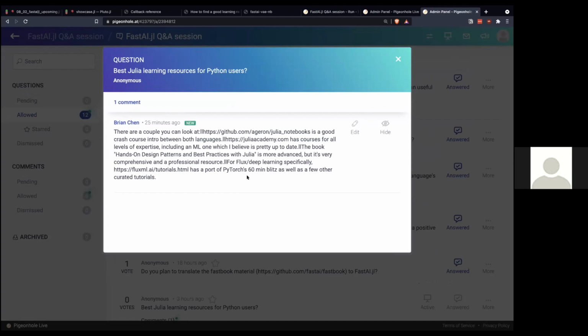So basically what I posted here, there is a set of a couple of notebooks that you can look at if you want a direct translation in a crash course. Julia Academy is really the best introductory source because it has tutorials on the language as well as on higher level libraries. And you may want to look at also possibly some of the workshops at JuliaCon, which just happened, which I didn't list on here. If you want to look about machine learning and Flux specifically, the Flux tutorials are kept up to date.